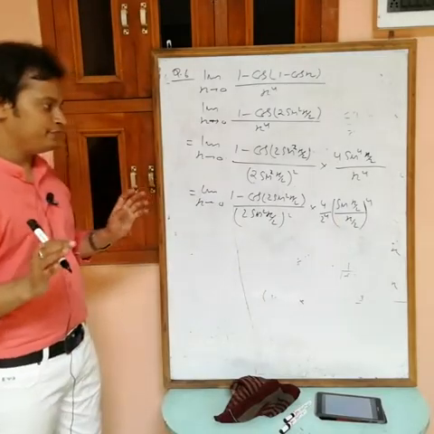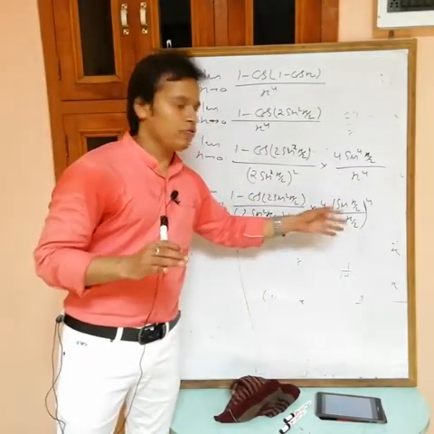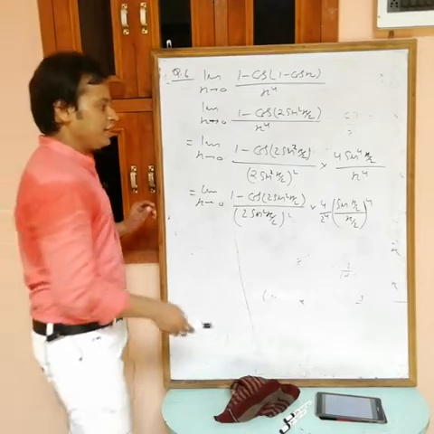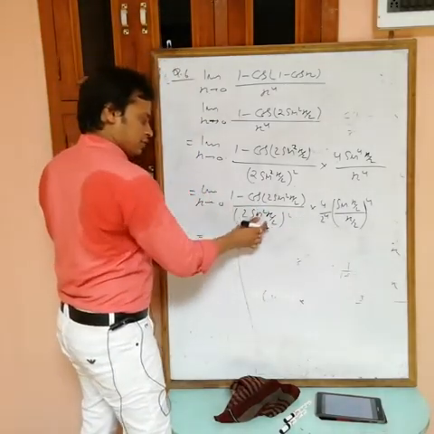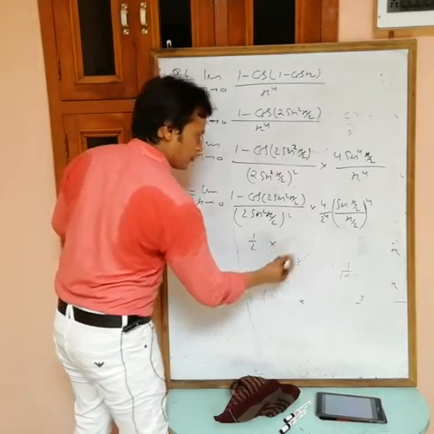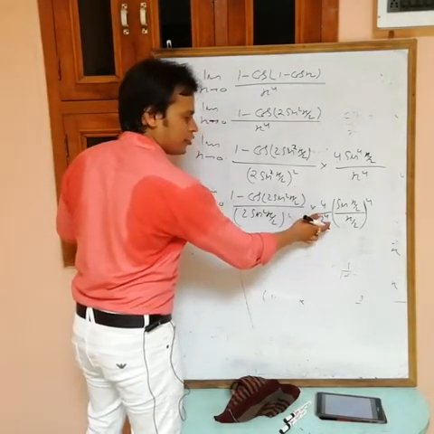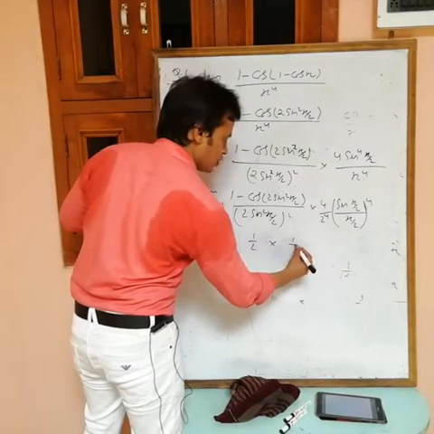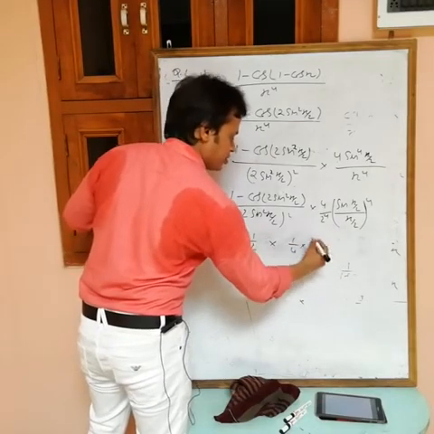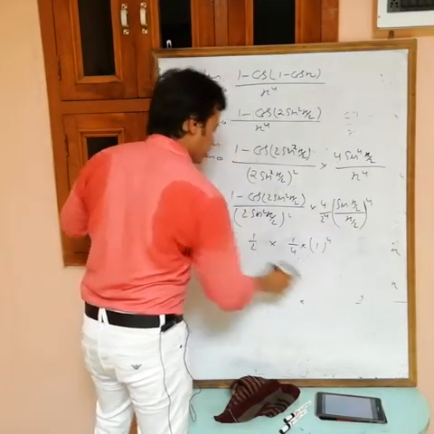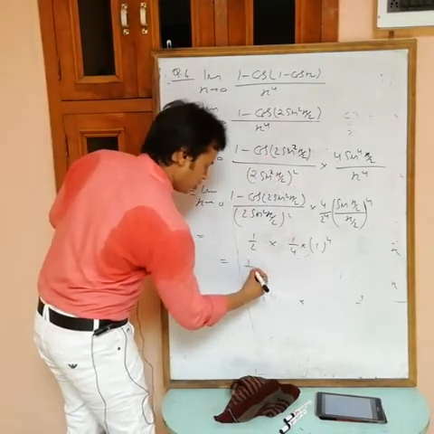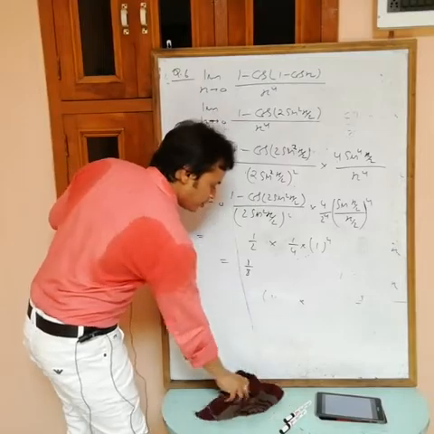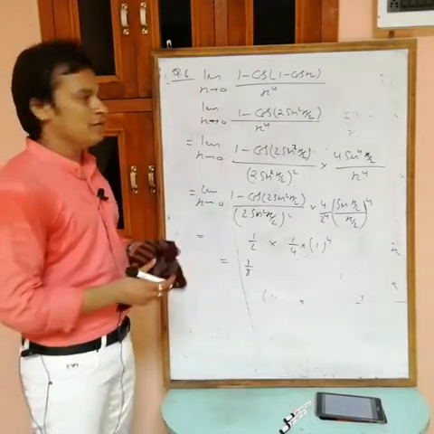Now if you take power 4, then all will be same, and this sin x by x is a standard limit. Okay, then no problem. This one is standard limit 1 by 2. 4 by 2 power 4, 2 power 4 is 16, 4 by 16 is 1 by 4. Standard limit 1 power 4. Okay, limit of this one into limit of this one. So what are we getting? 1 by 8. Okay, write down. Simple now.